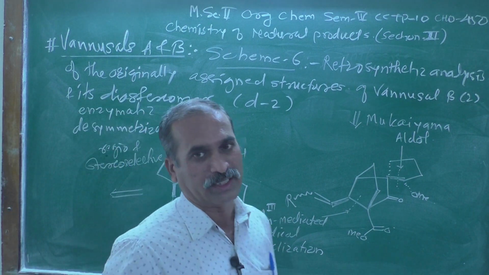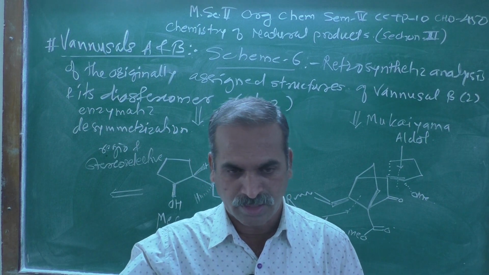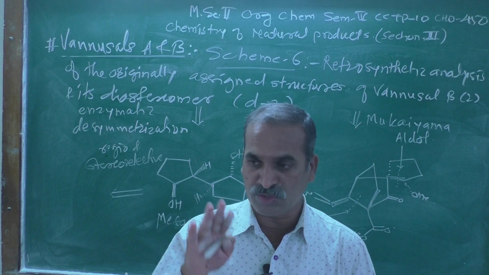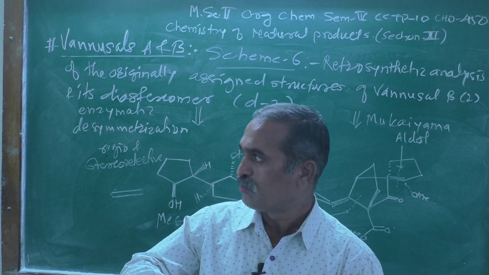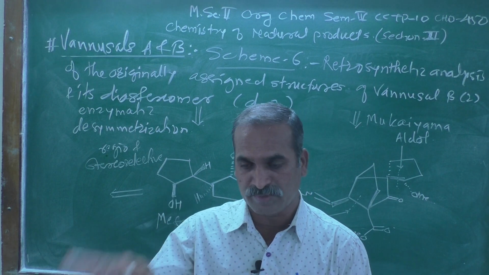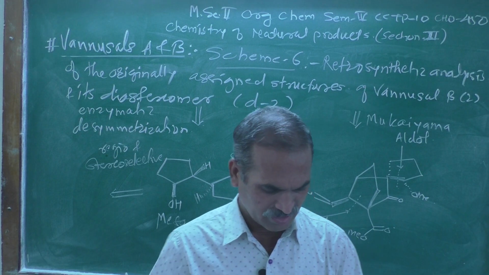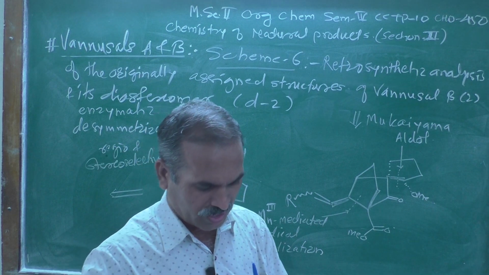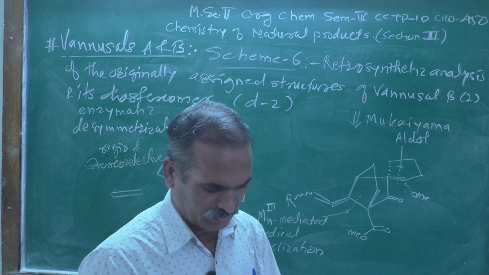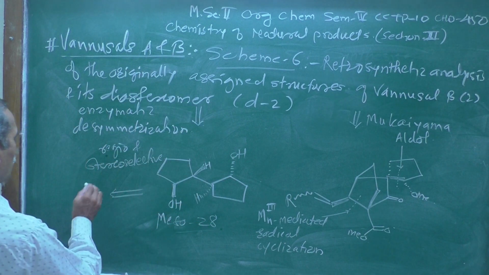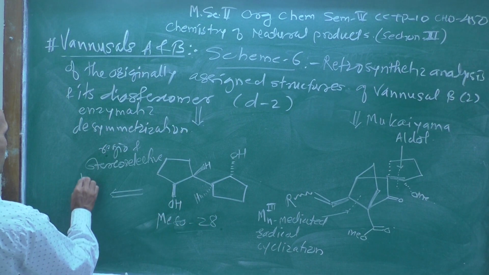At a particular region the products are formed. Stereoselective means what? We are going to get more than one product, but out of that one must be a major and another may be a minor. That's called stereoselective. Regio and stereoselective